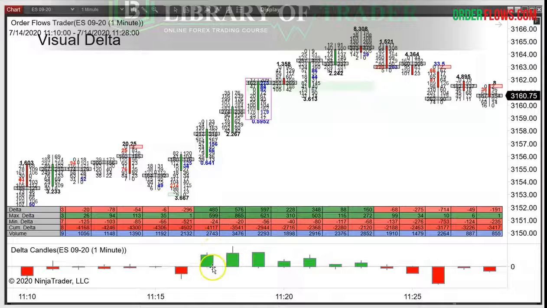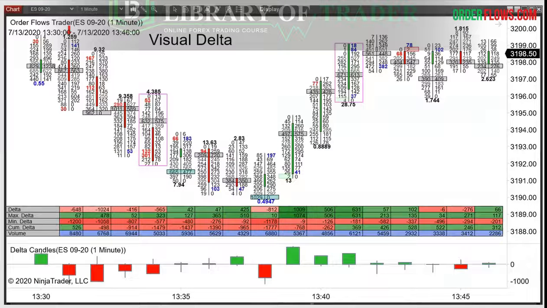The next bar, final delta was 485, which is the close of the bar. Max delta 599, that's that little wick. Min delta is this little tiny wick down here on the bottom. So for some people that are more visual, it's a better tool to look at the max delta and min delta. You can see these areas, right down here at the low, where you got your low of the day,